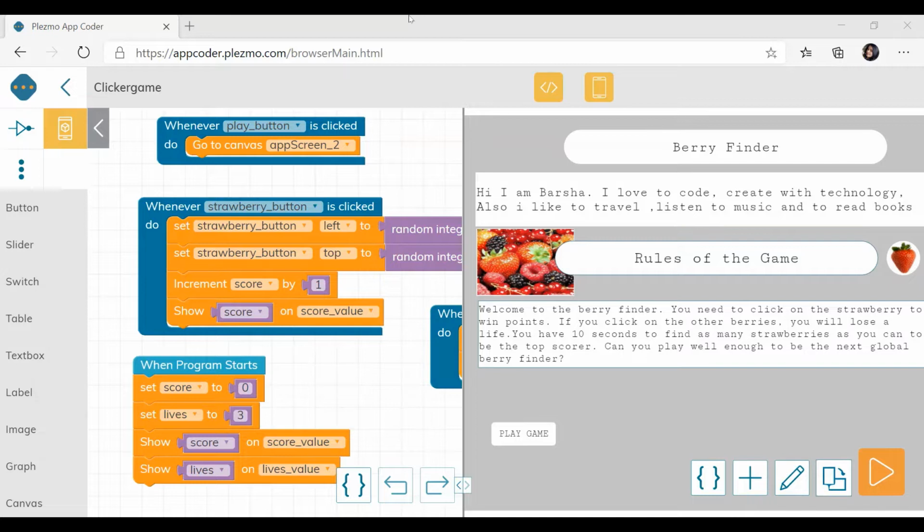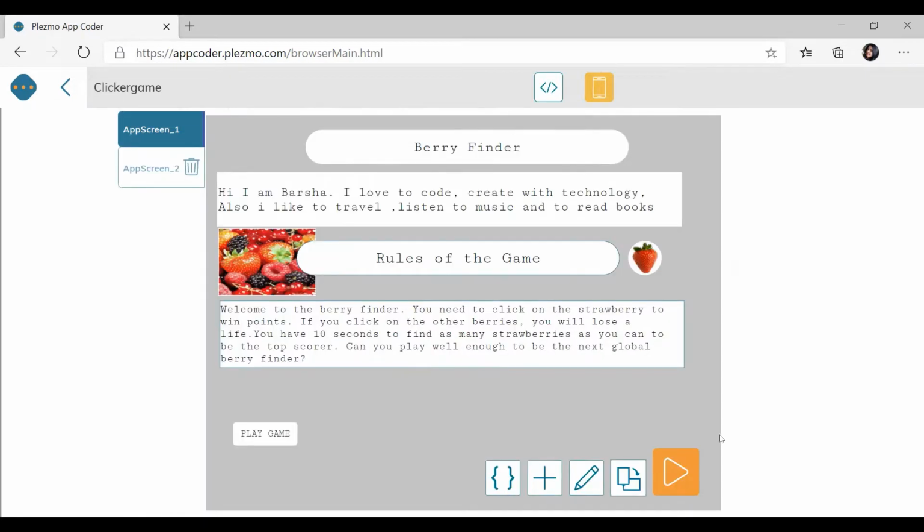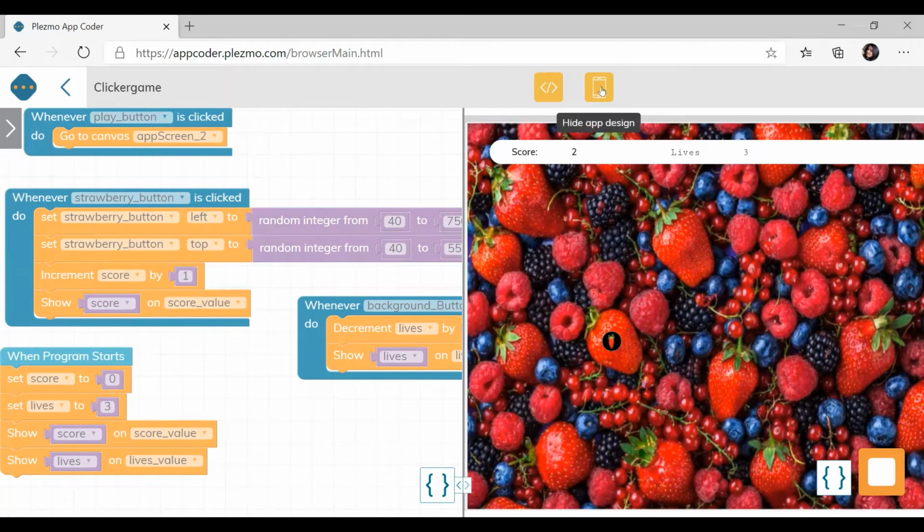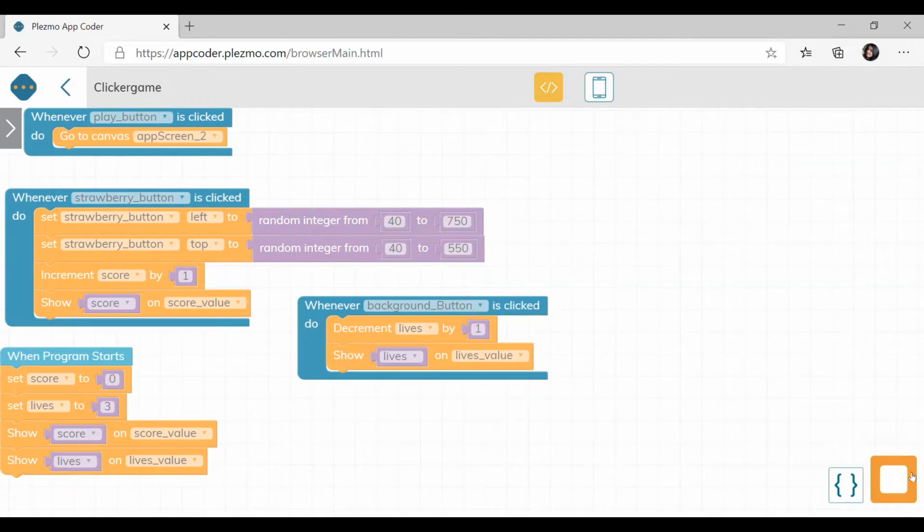Welcome to this video. In this video, we are going to make some changes in the rules that we have made. Rules will be same, but the way when the user was clicking the strawberry button will be changed. So here, what was happening is, when the user was clicking, then only the strawberry button was moving to a different position, right? But what we want is, the strawberry button should be automatically moved to different positions in the screen. So for that we are going to do some coding. Okay, let's start.